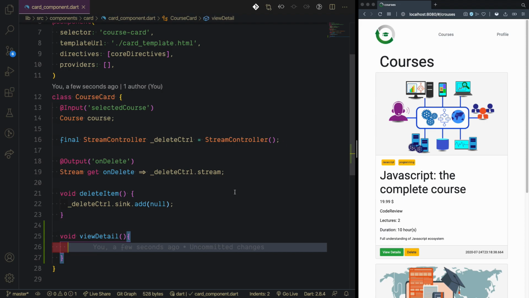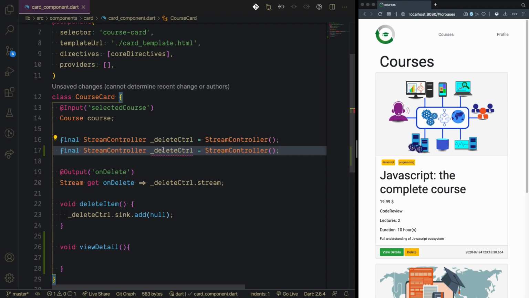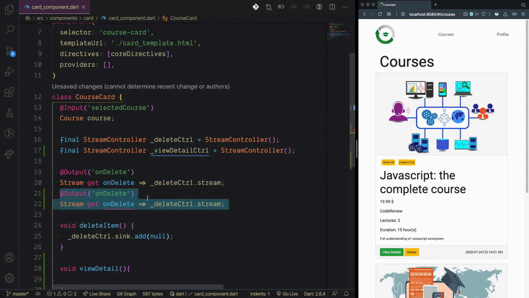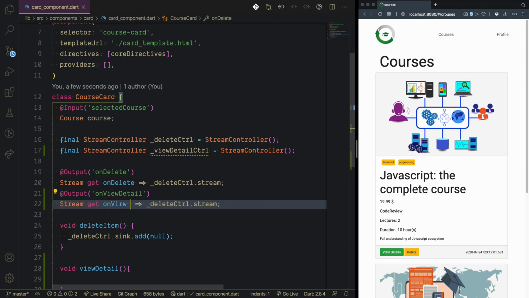So we will make a new controller for view details, and if you want to just copy it, and then we just say this will be a view detail controller, and that will be also an output. So we'll make a new output, and maybe this function we call it on view detail, and that will be on view detail, and that will take our